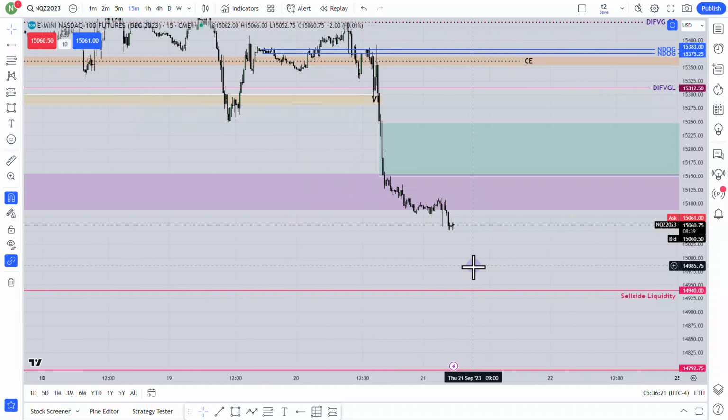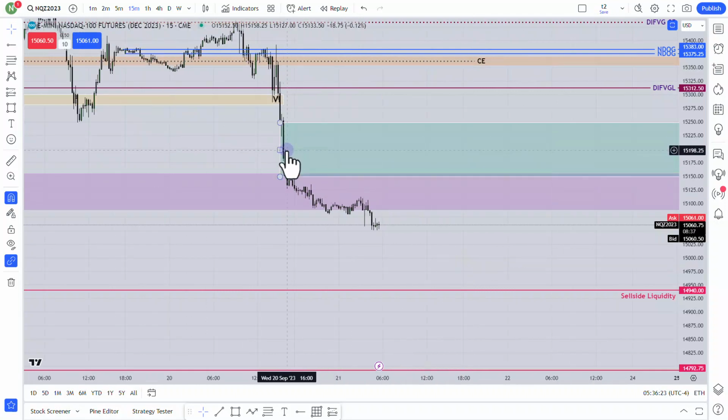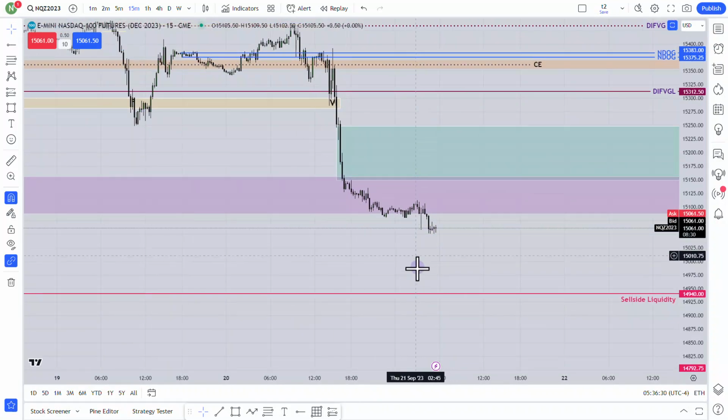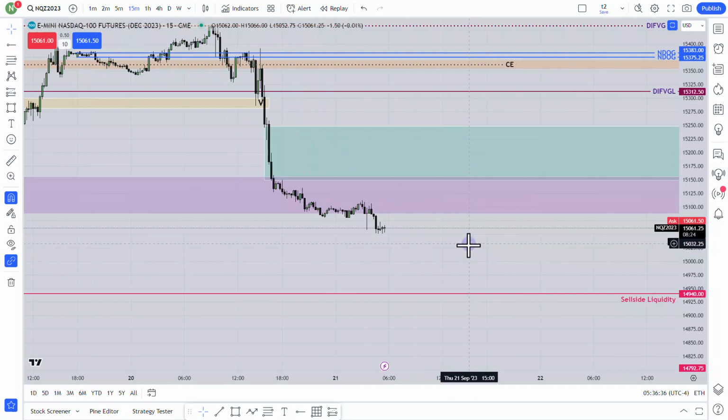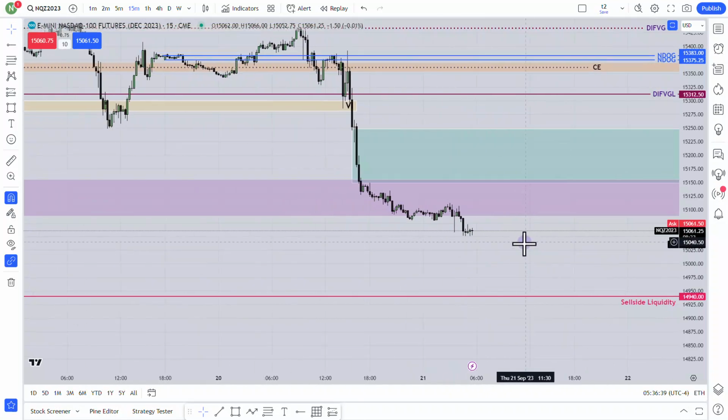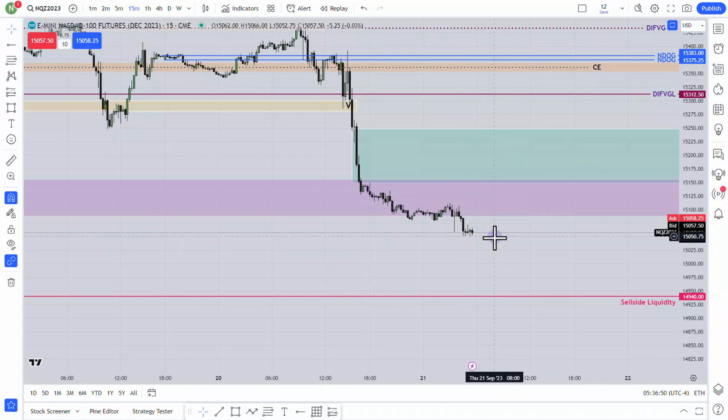If you go to the 15-minute chart, you see a very little, nice 15-minute fair value gap. It can trade over there, but overall you need to wait until the PM session. The AM session will be choppy in my thinking. It's not confirmation, guys, it's just my prediction. It will be choppy. And in the PM session, if I see it has cleared any sell side liquidity and started to go higher, then this will be my target.